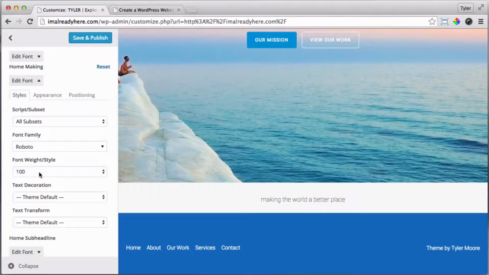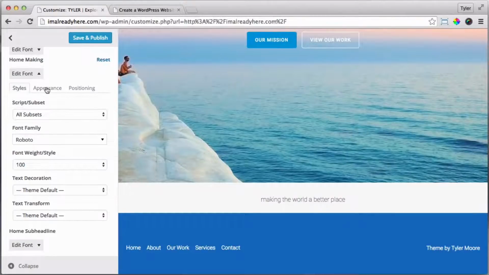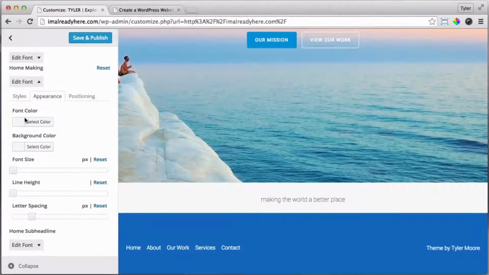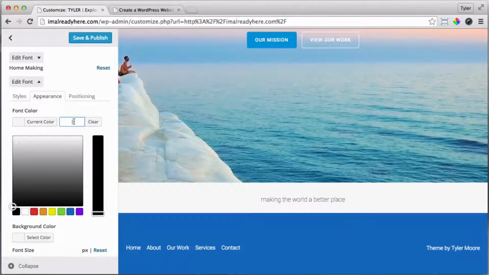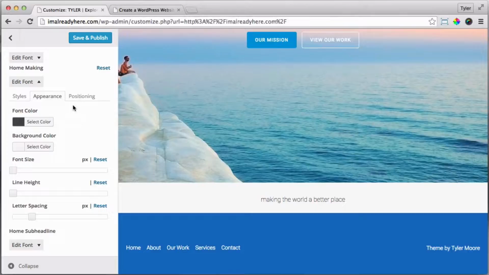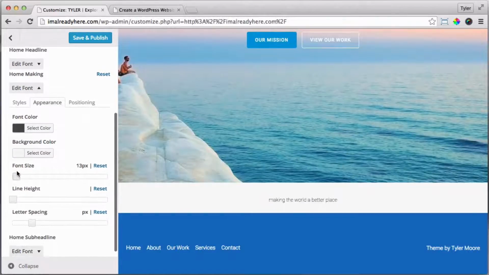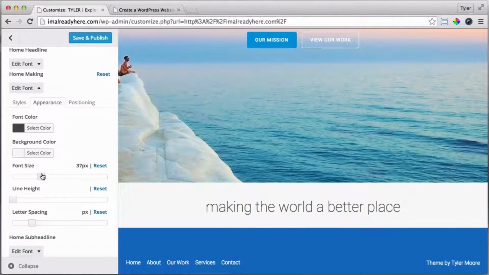Font weight is 100. That's great. The font color, we have it copied, so let's just paste it in here. That nice gray, and then the font size is 37 pixels. All right, now it's looking much better. So let's click Save and Publish